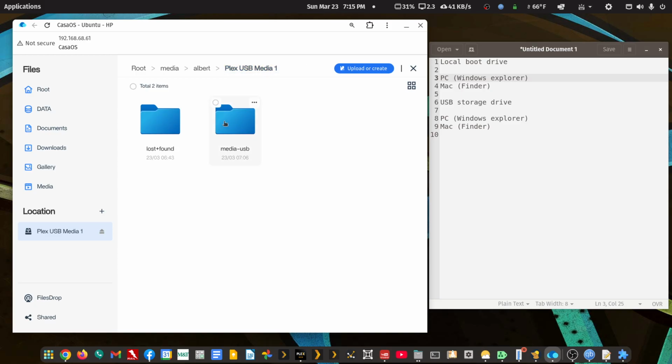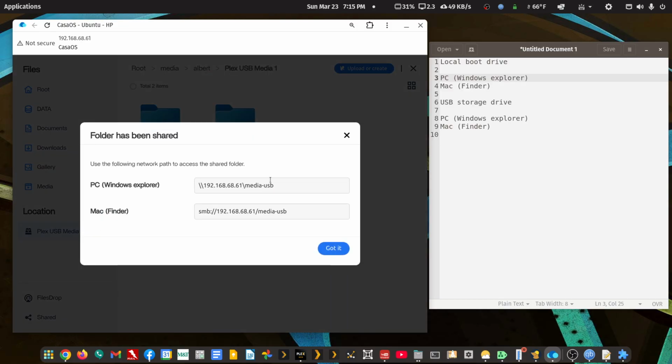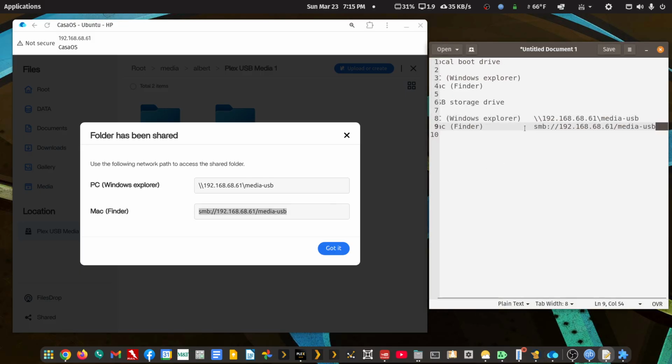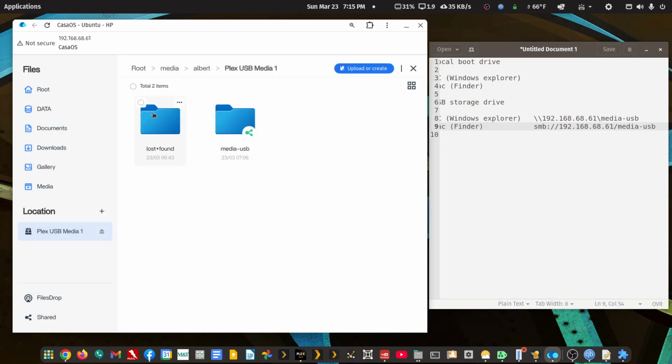So let me back up. I want to share this. So I'll click these three dots, I'll click share, and this tells you how to share from a Windows or share to a Windows computer or to a Mac. So I'm just going to copy and paste this helpful info into this little cheat sheet document I've got going on. So then let's learn how to do it for